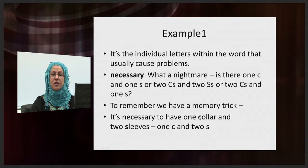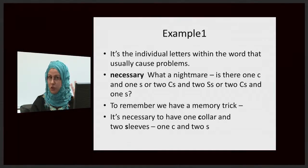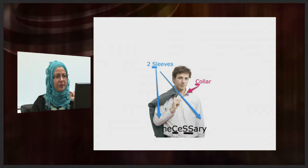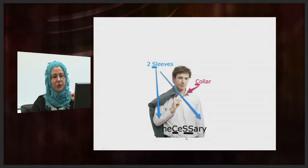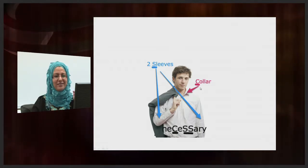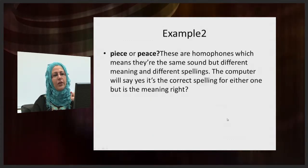Collar can remind us of the C, 1 C, and 2 sleeves, as it starts with an S, reminds us of the 2 S's. So the word actually contains 1 C only and 2 S's. Here's a picture that might illustrate this memory trick for you. The word is necessary. It requires 1 collar, 1 C, and 2 sleeves, 2 S's. Another example,